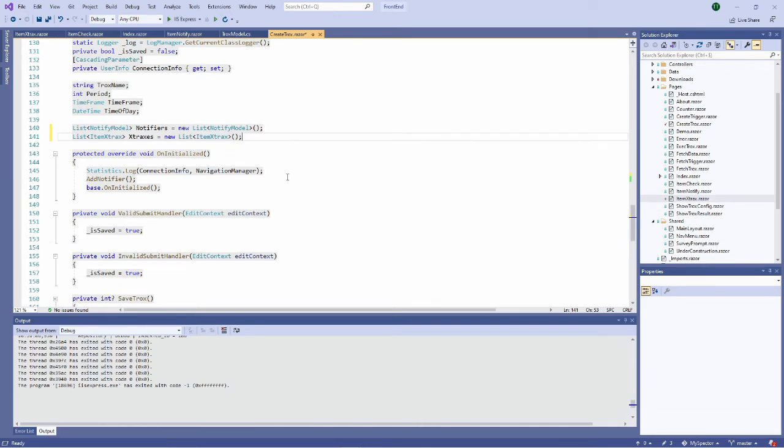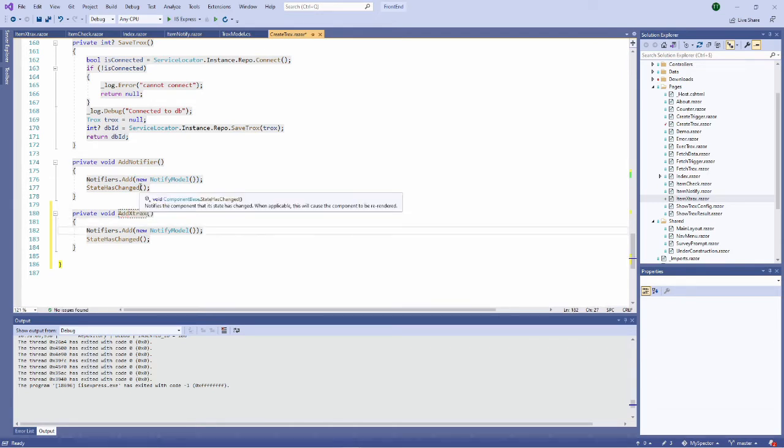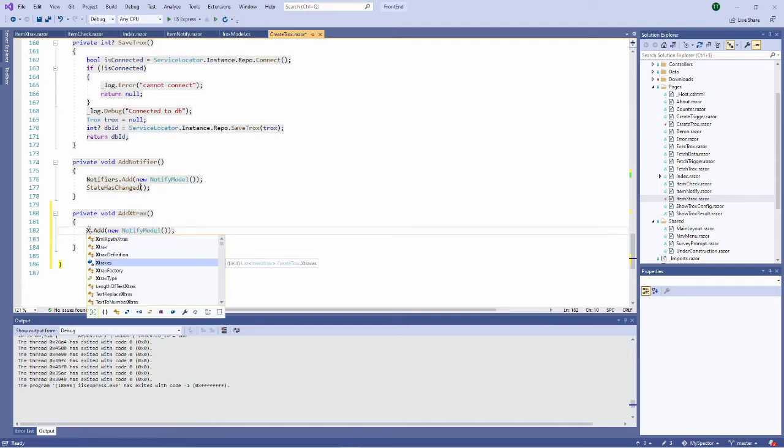And I will have a button which, like my notifier, will add an extracts. I will add an extracts, and I'm going to update my extracts and add a new item extracts.